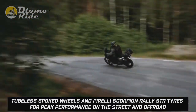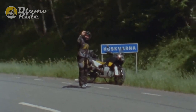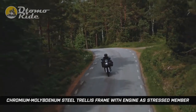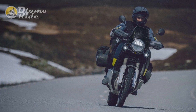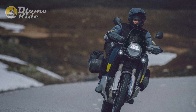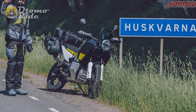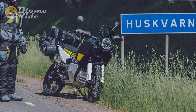The 21-inch front, 18-inch rear tubeless spoked wheels tackle tough terrain, while the Pirelli Scorpion Rally STR tires generate grip on the trail and the tarmac. Husqvarna amplifies that versatility with street, rain, and off-road riding modes. The optional Explorer mode unlocks 9 levels of adjustable rear wheel slip, and off-road mode offers switchable cornering ABS. Husqvarna's Easy Shift feature allows clutchless bi-directional gear changes, while the Power Assist Slipper Clutch, PASC, smooths out clumsy downshifts